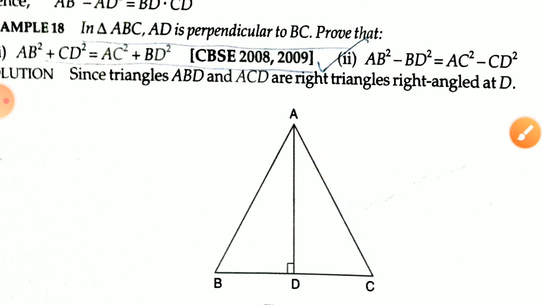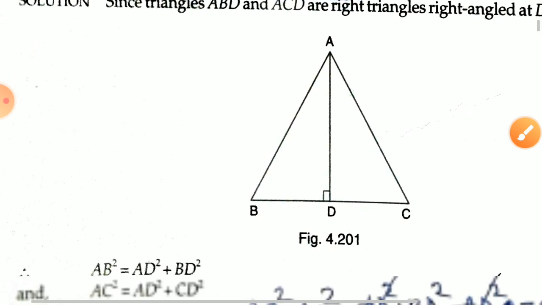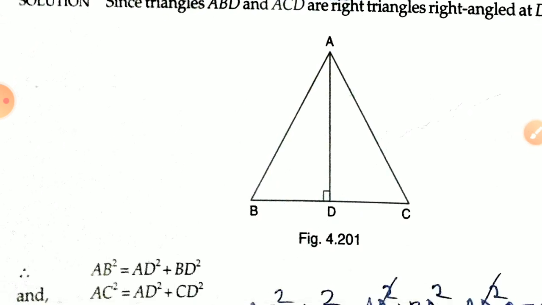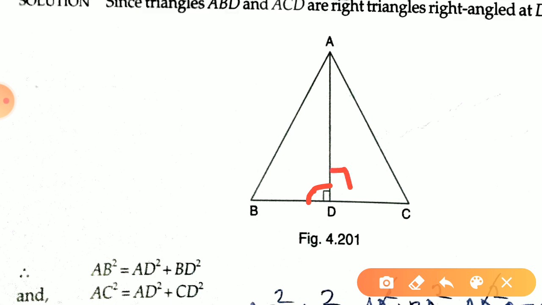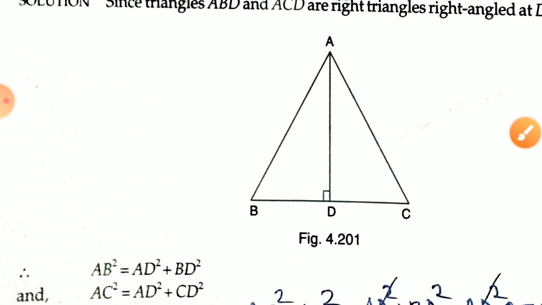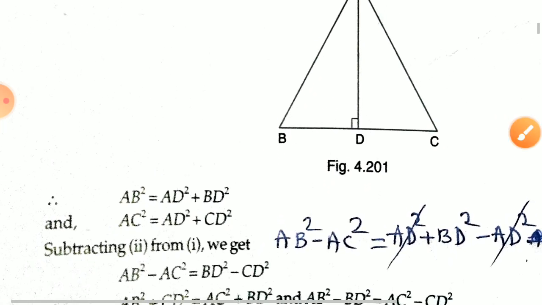And now here AD is perpendicular, so angle D is 90 degree, and therefore this is also 90 degree, means both the triangles are right angle triangles, and therefore we can apply